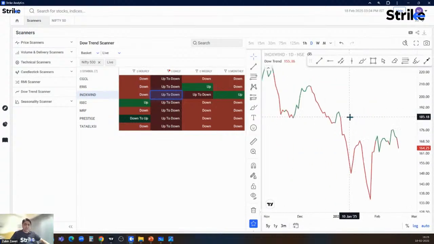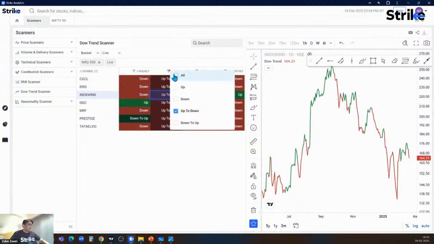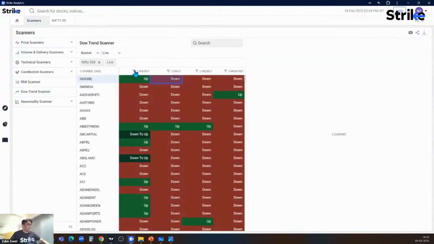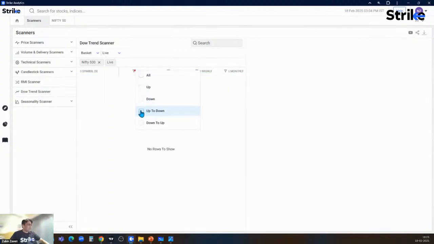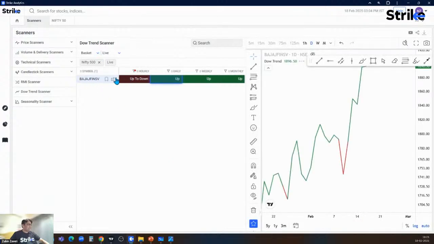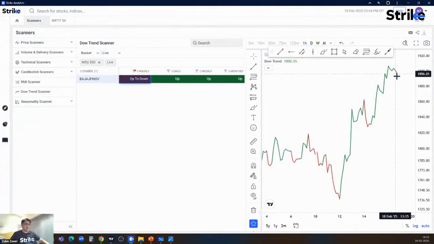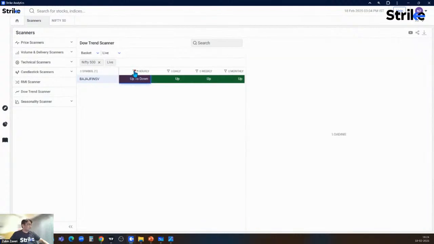If you are a short term trader or an intraday kind of trader, then instead of looking at the daily time frame, you look at the hourly time frame. And in the hourly time frame, you say, I want bearish stocks, where right now only Bajaj Finserv seems to be in a downtrend, but again a minor bottom has been breached. So let me convert this into